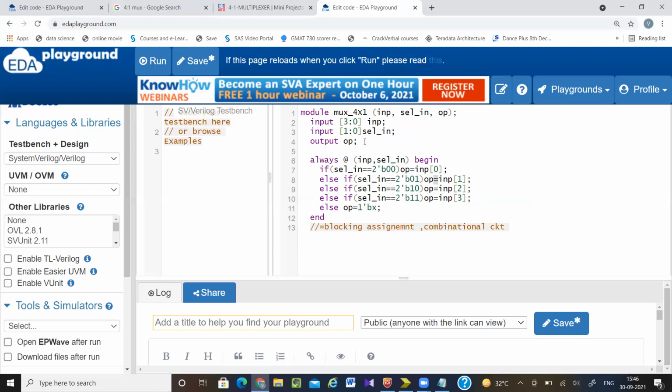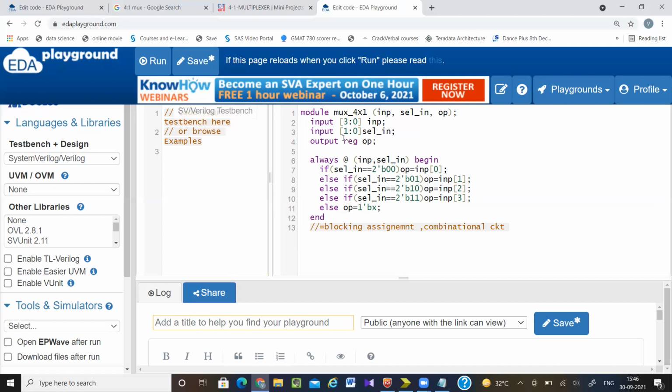Here by default, all these ports, input, select, output, are wire type. But according to the design rule, if I am assigning any value inside the always block, then that should be a reg type.